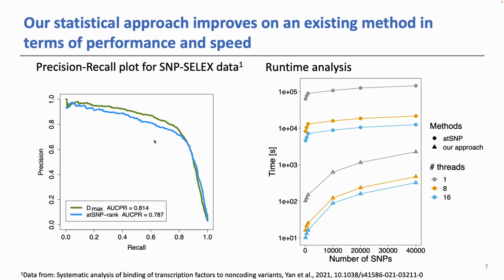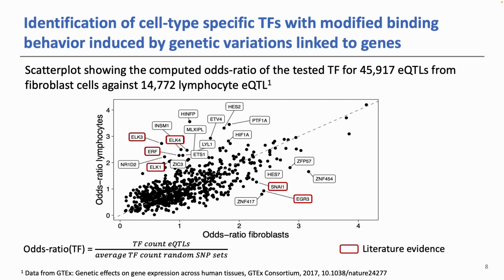And then we performed a runtime analysis where we used SNP sets of different sizes and also multiple threads, which are indicated here with this color coding. And you can see that EBCB, which is shown here with these circles, is orders of magnitude slower than our method. Based on the speed of our approach, we can now do analyses where one needs a